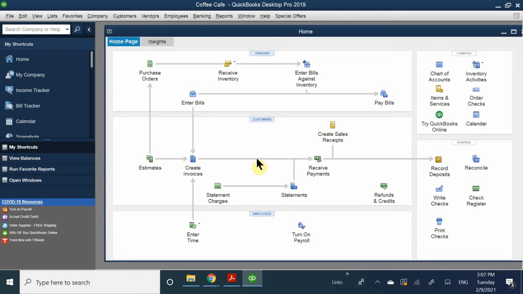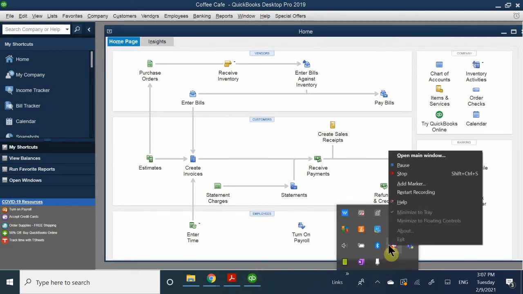So in this section right here, I'm going to pause this real quick, or I'm going to stop this real quick. And what's going to happen